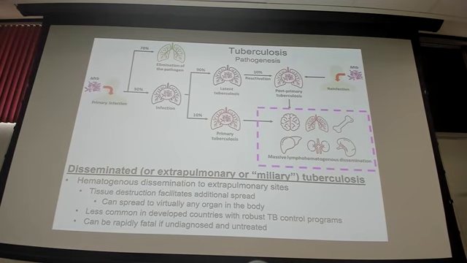And you can get this reactivated, disseminated form if it's taken up in the bloodstream, where virtually any organ system you can imagine in the body can be affected by these bacteria. Wherever they go, if they lodge in your heart or your brain or your lymphatics or your bone, the immune system is going to have the same response and you're going to have the same immunopathology. So your body is going to try to form granulomas wherever those bacteria are, and that causes a lot of problems and a very poor prognosis as well. Rapidly fatal if undiagnosed and untreated.